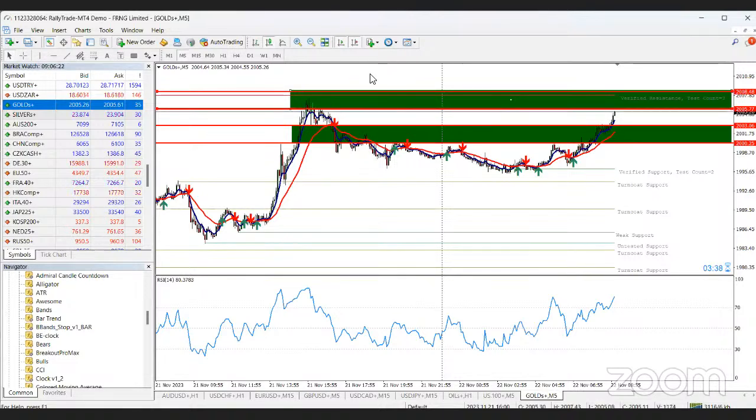Now for your stop loss, I would recommend that you put your stop loss above this resistance, above this region, at 2008.44. Anything between 2005.77 and 2008.44 is your entry position for your sell down here. Now imagine if you can take from here all the way here, that's a lot of money. But please, let's not be greedy. Take enough and go.